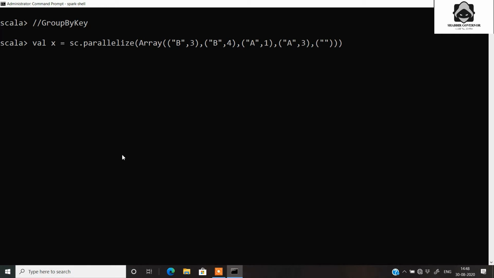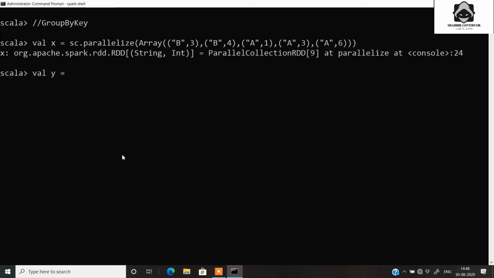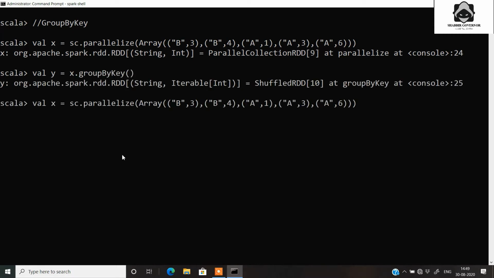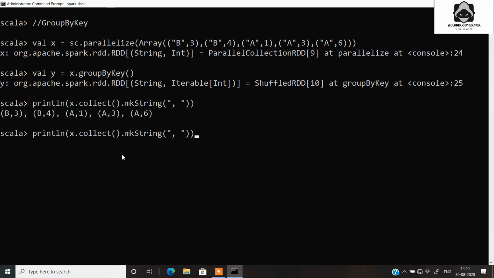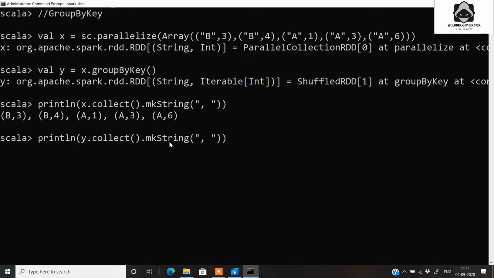For B we have 3 and 4, and for A we have 1, 3 and 6. In the output RDD we apply the groupByKey transformation. Here you can see that it is an iterable RDD. If you want to print it, we'll print the original RDD x and then check out the output.